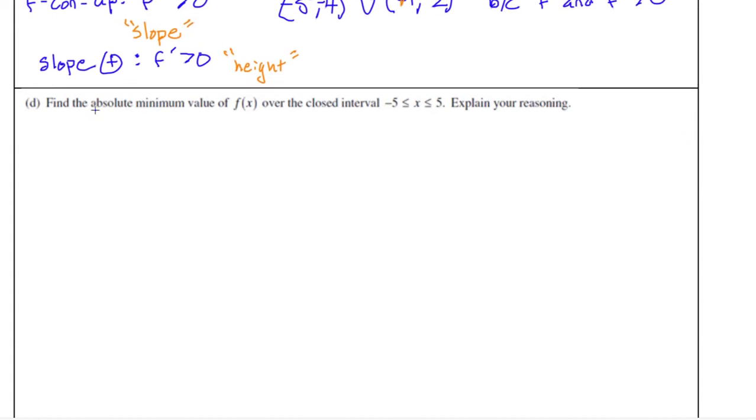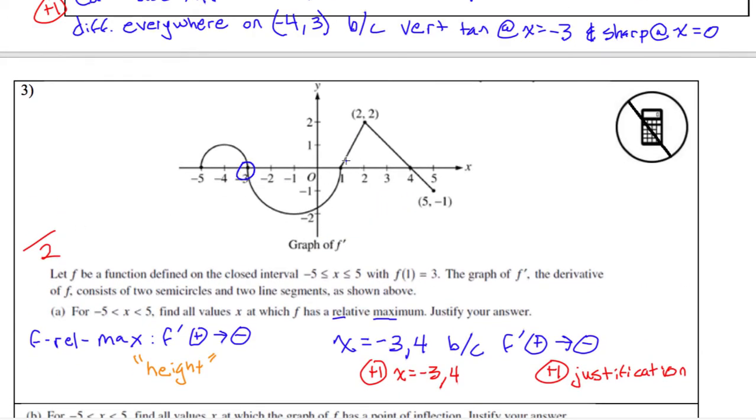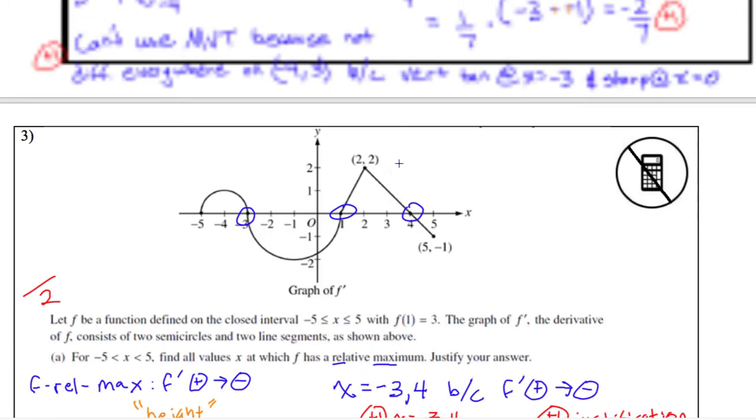Absolute minimum. Absolute minimum means I'm using a table or definition. Table. So I'm finding the x values. I have to do the start, I have to do the end, and I have to do the CVs. CVs are wherever f prime is equal to 0. There are 2, 3 values that I should be thinking about, but I'm looking for a minimum, so I want